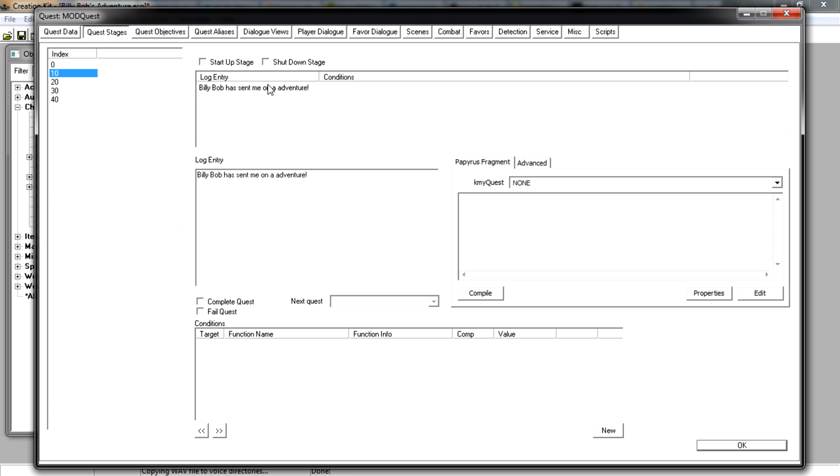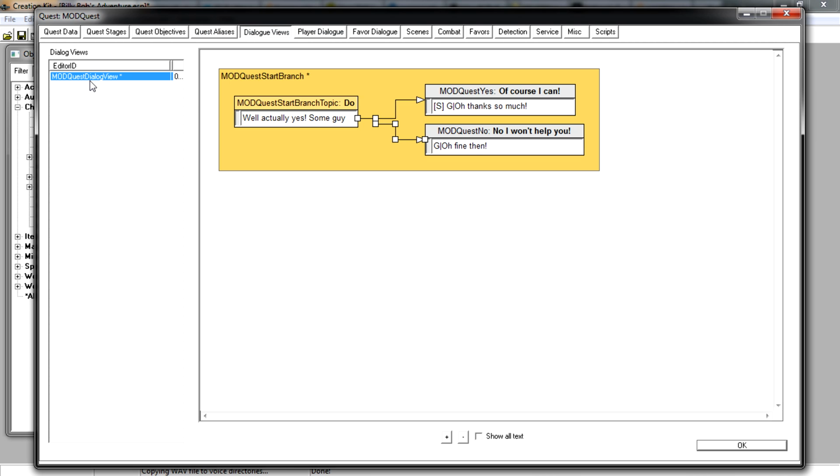So that's what would happen when we said yes. 20, that's when we've killed the enemy, and 30 is when we've got the sword. So what we want to go and do, now we've reminded ourselves that 30 is the point once we've got the sword. We go back to Dialog Views, and we click on our Dialog View, and we want to make